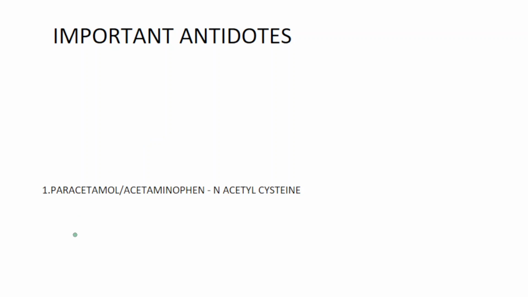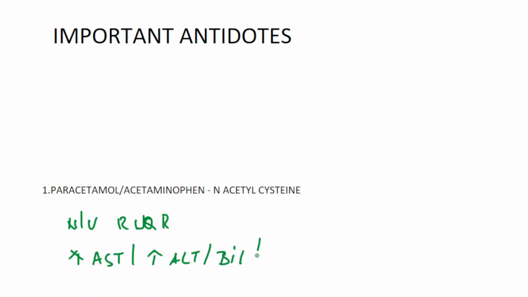First drug is paracetamol. For paracetamol, the antidote is N-acetylcysteine. Some important features of paracetamol overdose are nausea, vomiting, and right upper quadrant pain. It increases the AST, ALT, and bilirubin level, and it also causes prolongation of PT, prothrombin time,